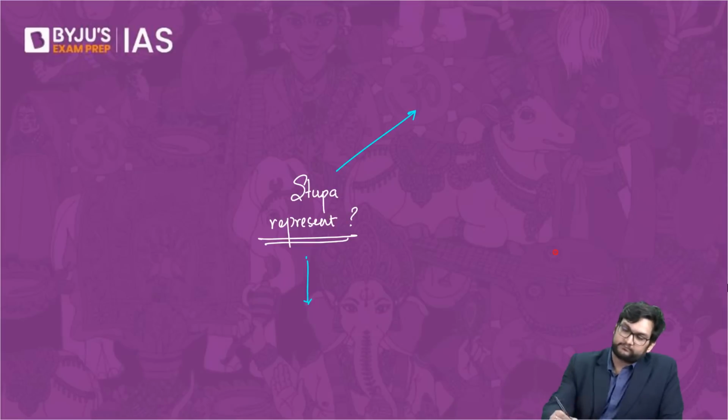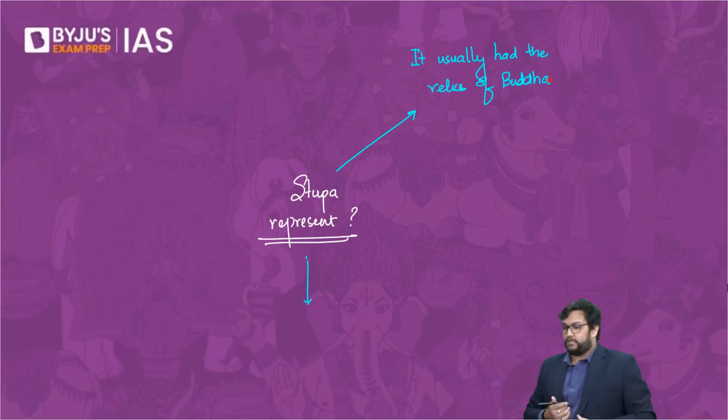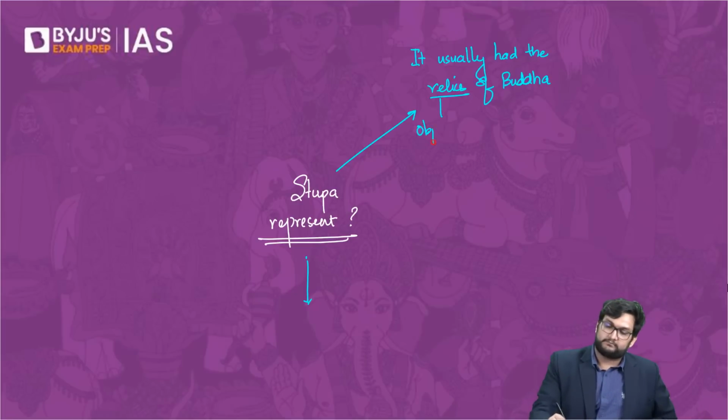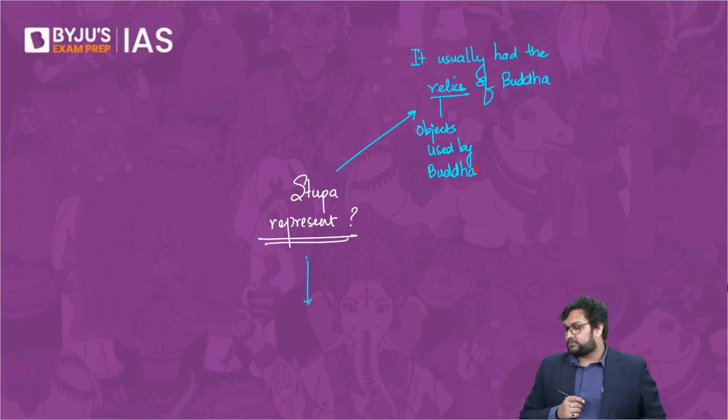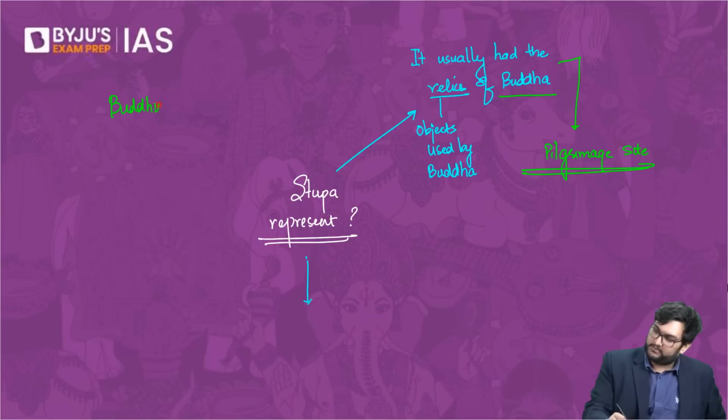And that specific representation, first, is that it usually had the relics of Buddha. Usually had the relics of Buddha. Relics means objects used by Buddha. They usually had the relics of Buddha, and it is basically a pilgrimage site. Buddhists visit stupas as a way of worship and homage